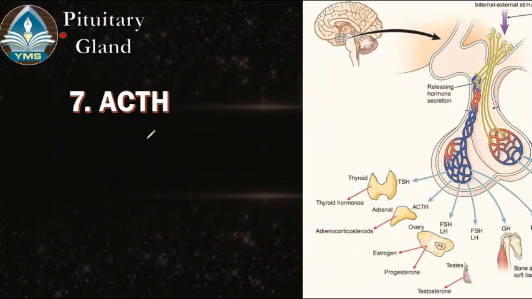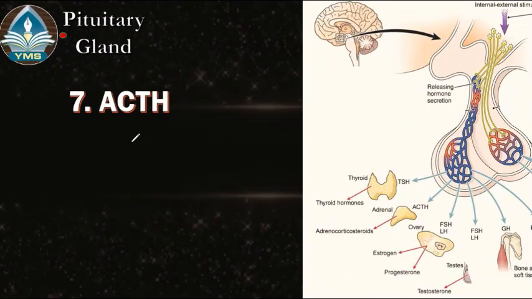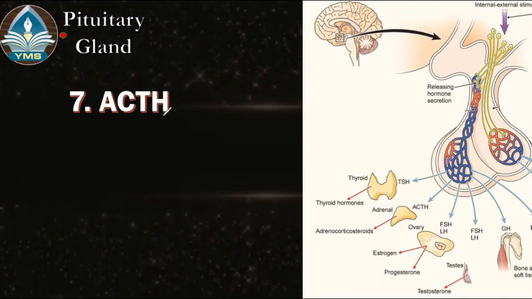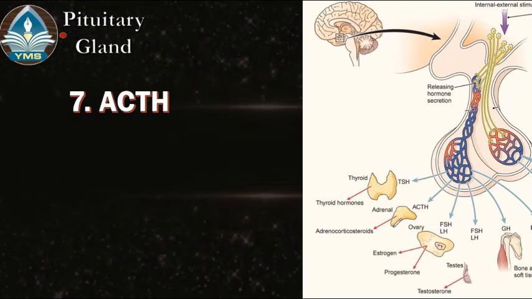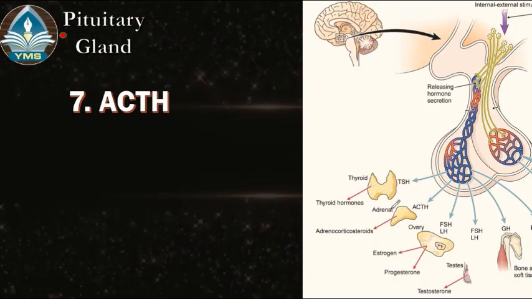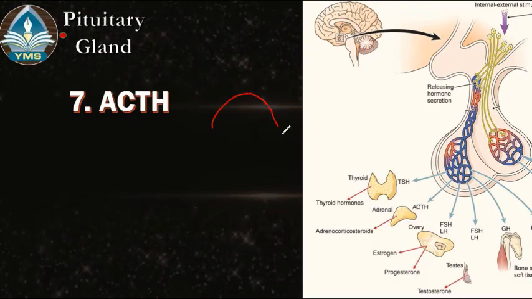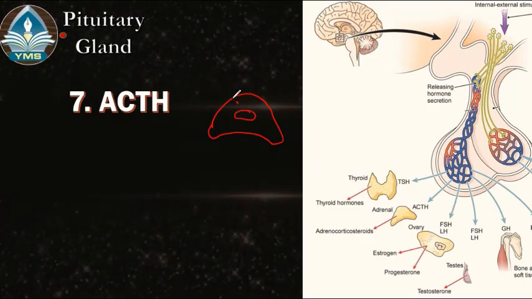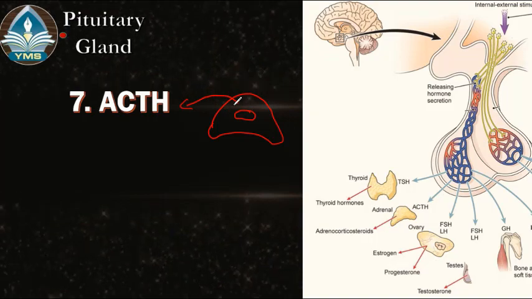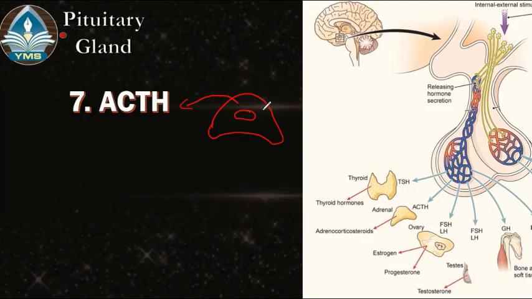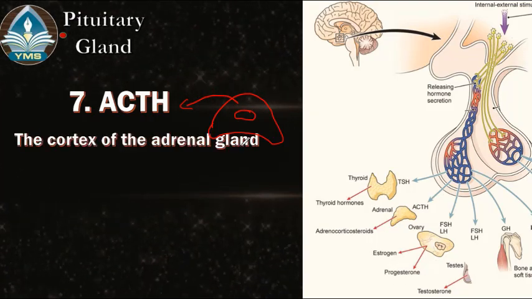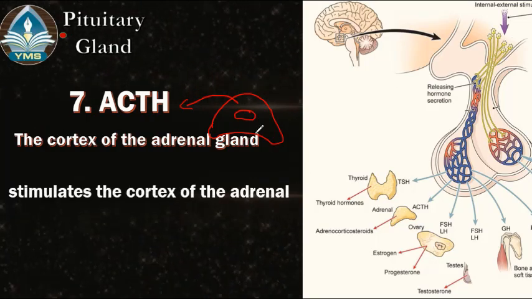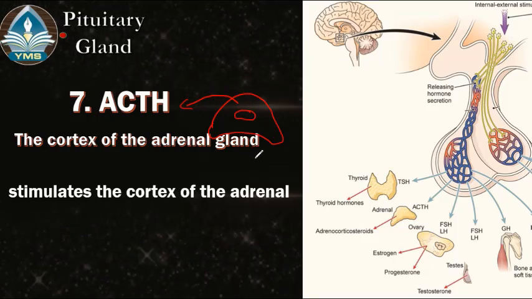Here we have ACTH. This hormone is adrenocorticotropic hormone. Adrenocorticotropic hormone stimulates the cortex of the adrenal gland. Now the adrenal gland, we know that it has two parts, the cortex and medulla. This hormone stimulates the cortex of the adrenal gland to produce its hormones, which are the three groups which we studied: